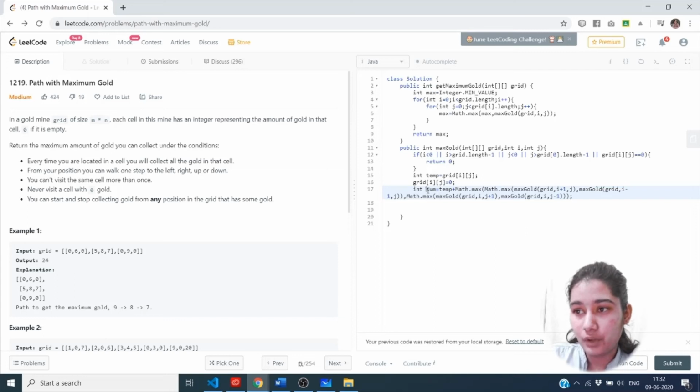Now we have to store the value of sum as temp, that is the cell's value, plus the maximum of its right, left, up and down. Then again changing the grid's value, which we had changed to 0, back to its previous value, and then returning the sum.